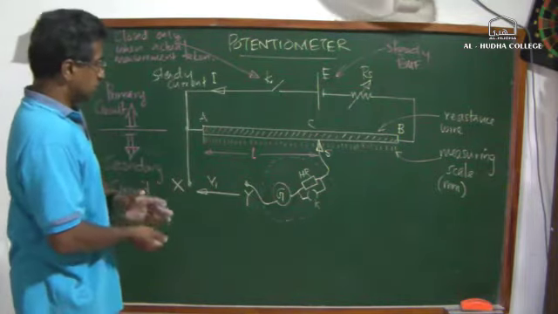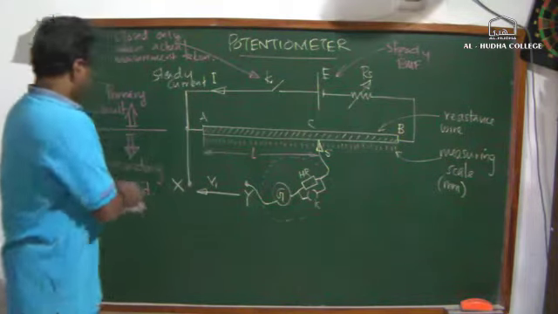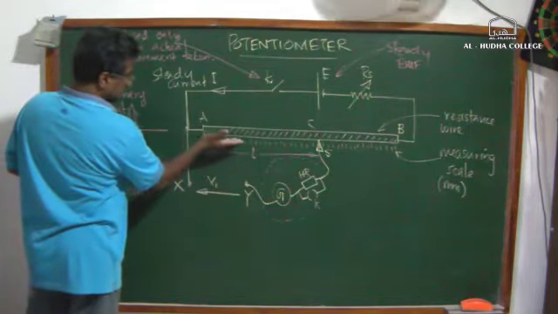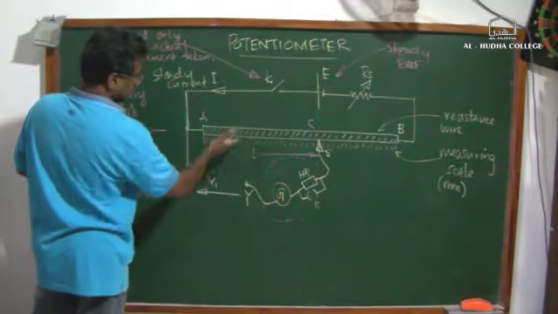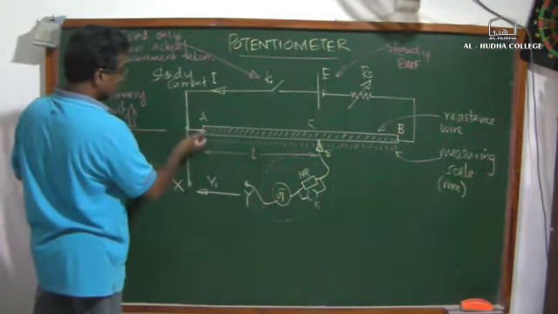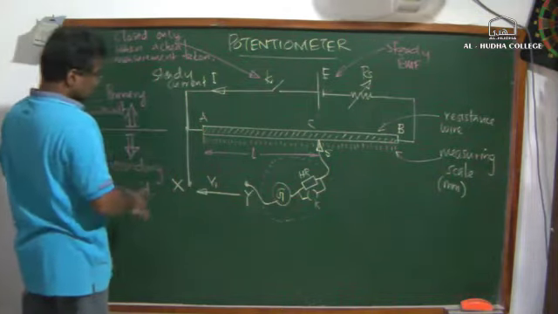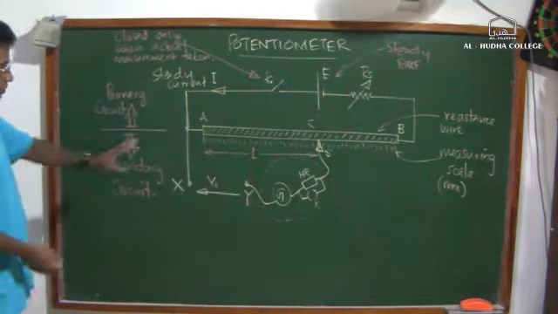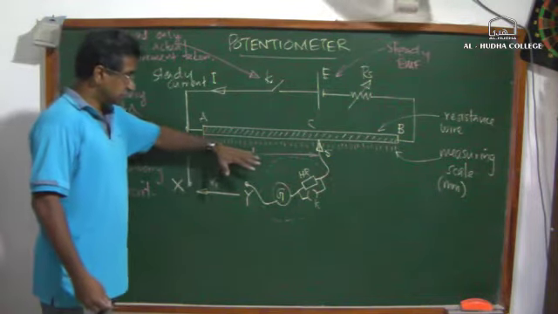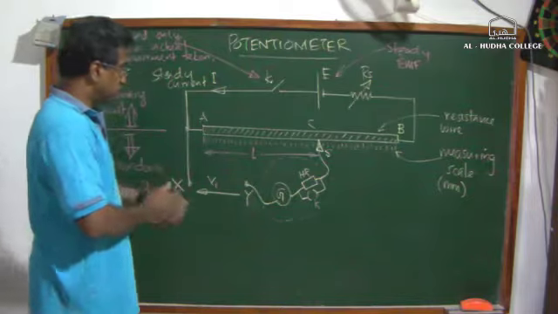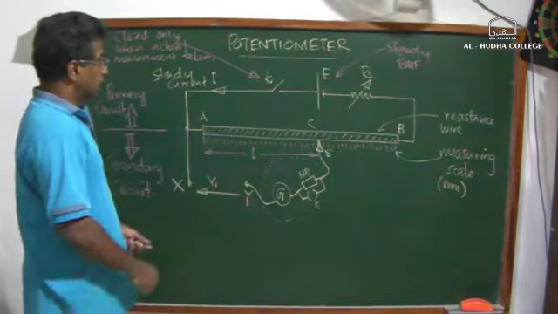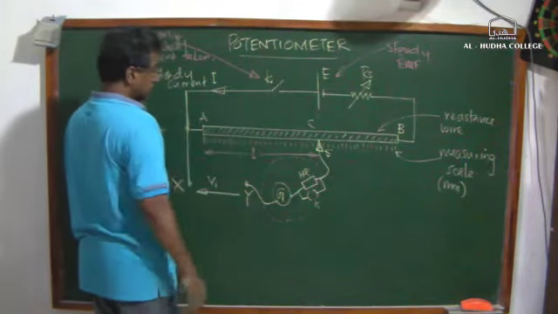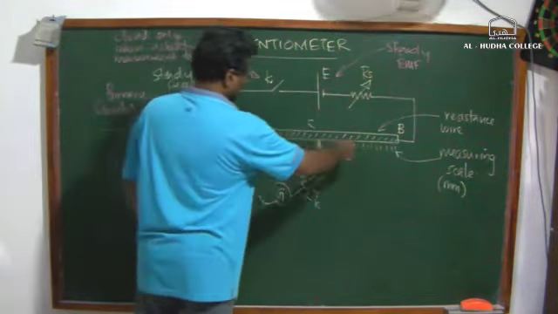Now we divide this circuit into two portions. What is the primary portion? Here, including the resistance wire, is the primary circuit. What is coming below is called the secondary circuit, right? Initially you don't have to bother about the secondary circuit. If you look at the primary circuit, when you close the switch K, current will flow through the potentiometer wire.